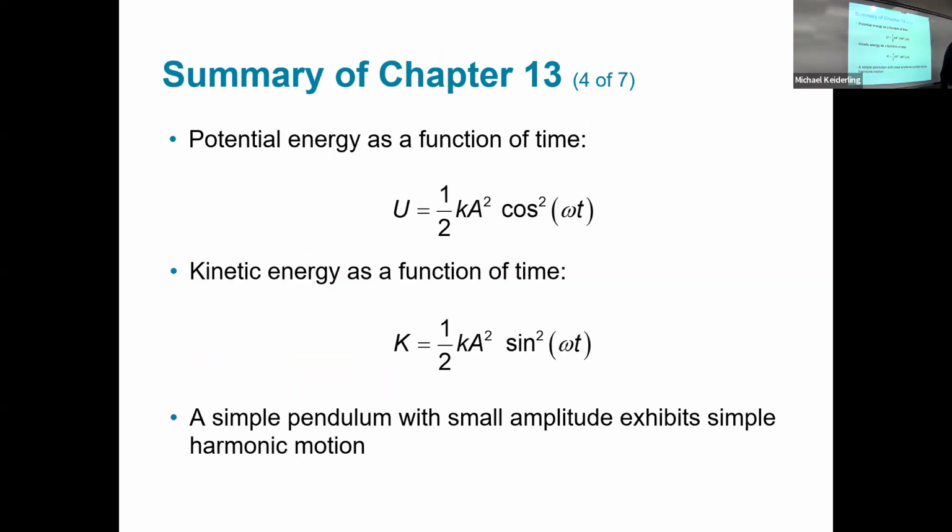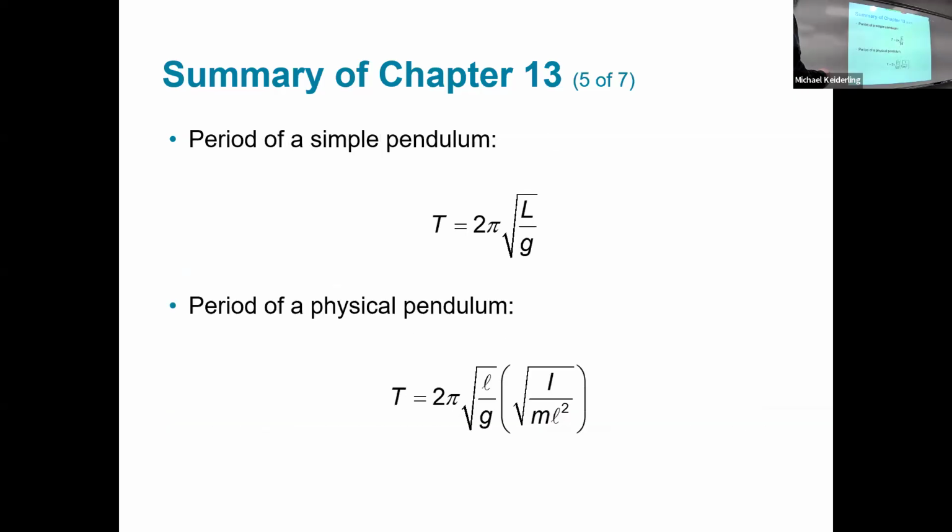Now, a simple pendulum with a small amplitude also exhibits simple harmonic motion. Basically, almost any oscillation with a small amplitude will approximate simple harmonic motion, or simple harmonic motion is a good approximation for it. So for a pendulum, the force is proportional to the sine of the angle, but for small angles, the angle and the sine of the angle are equal to each other. So the period for a simple pendulum works out to be